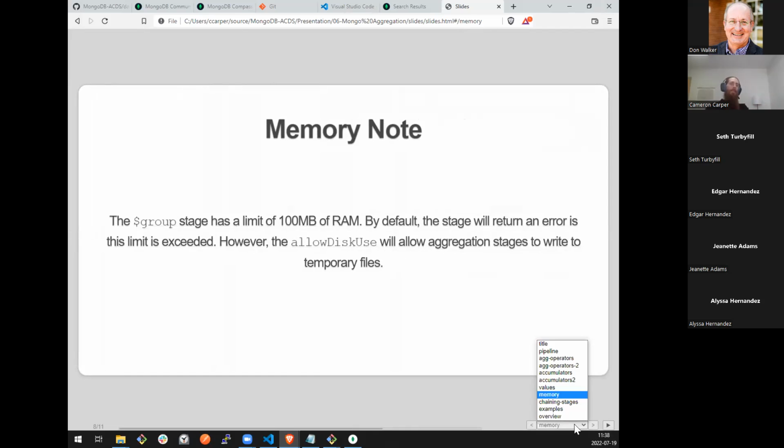And that actually reminds me that one thing we haven't talked about is that Mongo documents, individual documents within a collection, as of right now, have a maximum size of 16 megabytes. And I know that seems low because we work in gigabytes and terabytes and even petabytes these days.